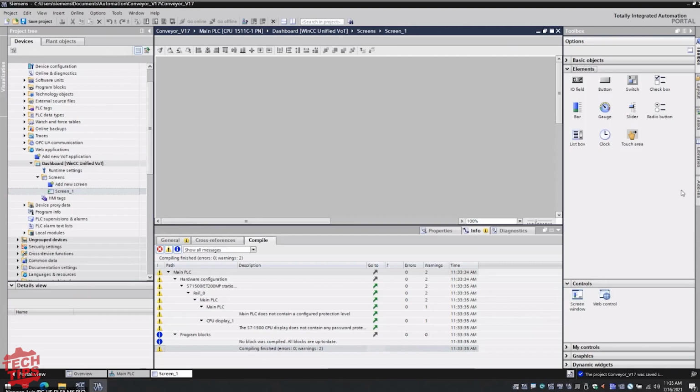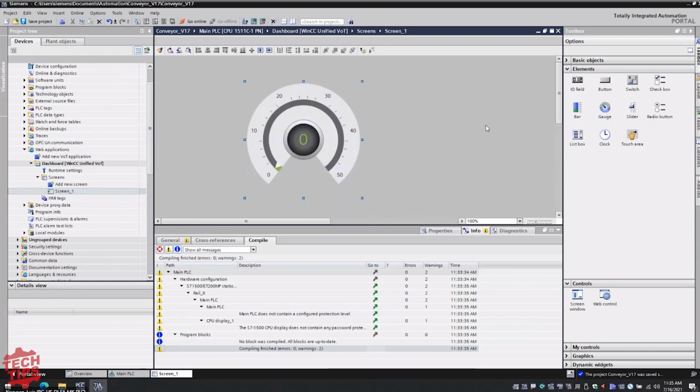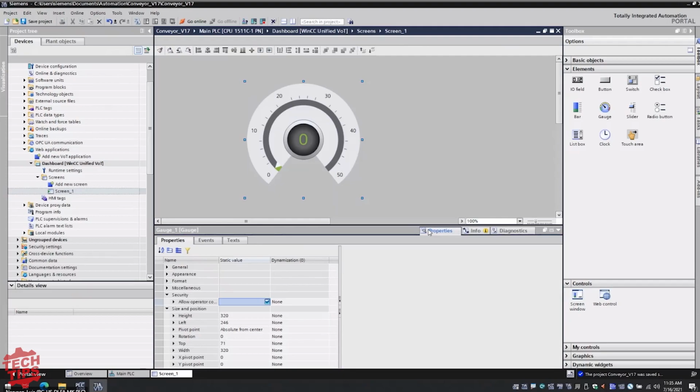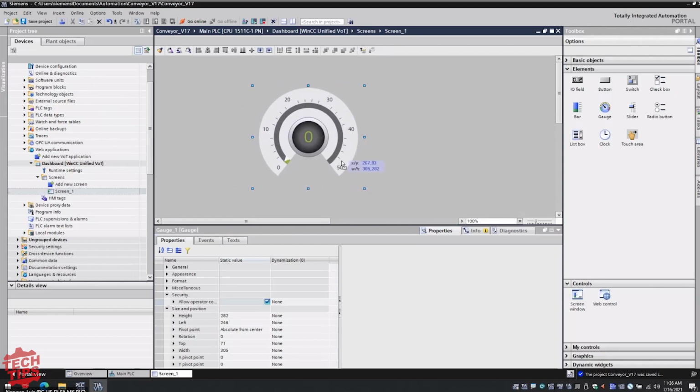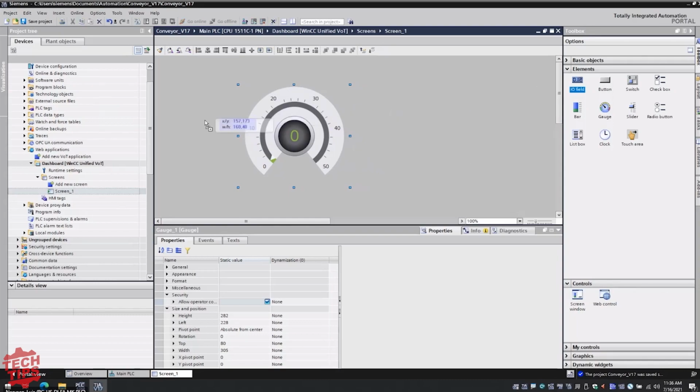So for example, I don't have any trend view boxes or anything on here. But I have things like gauges, buttons, IO fields. I can do a bar. So just to illustrate, I'm just going to drop in a gauge. The nice thing is this is all SVG, scalable vector graphics. So it's resolution independent. Depending on what browser I'm using or what the resolution on my screen is, the objects will adapt to the browser settings. So even if I'm on a smartphone, for example,